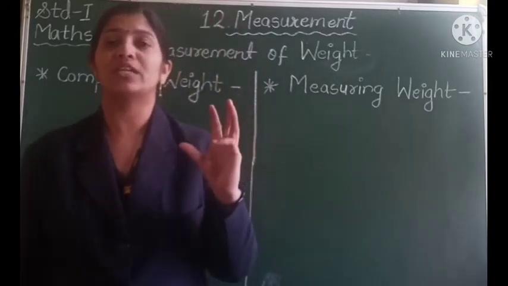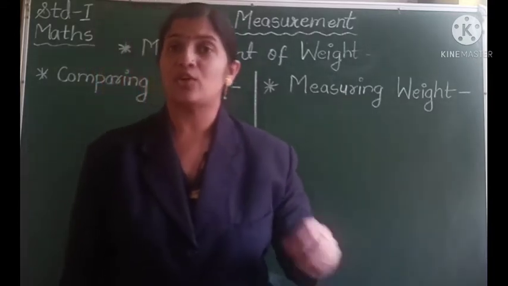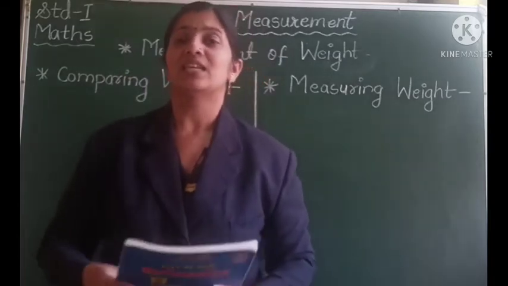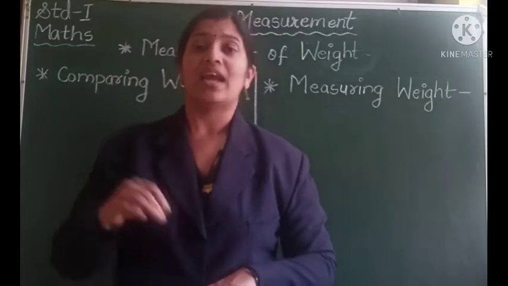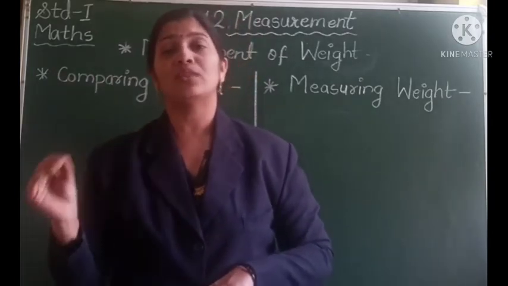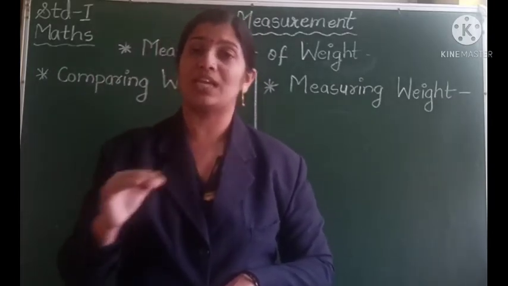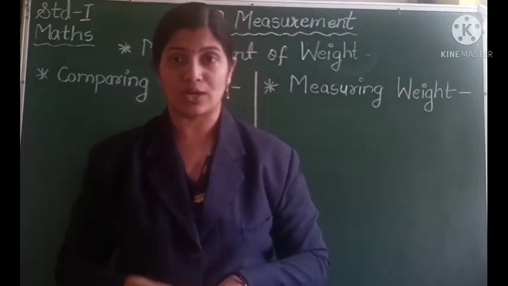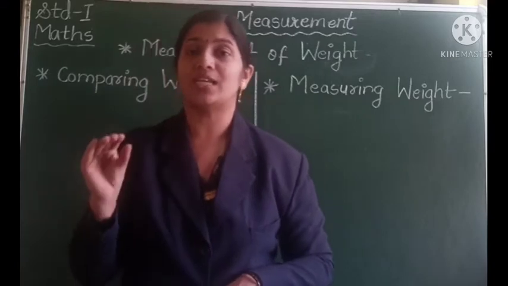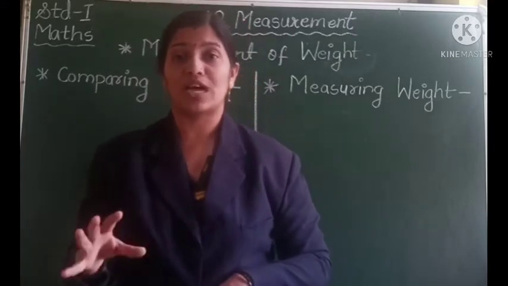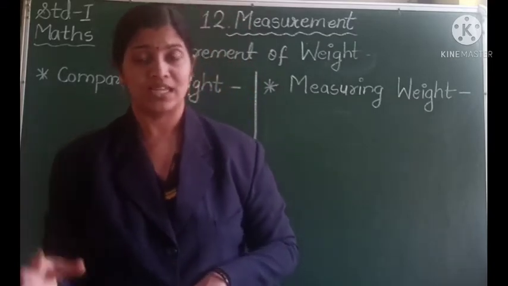They take a 1 kg weight on one side of their beam balance, and they start putting the potatoes on the other side of the beam balance, and until both sides come to an equal level, they keep on putting potatoes into it. So when both the levels become equal, it means that the potatoes now are weighing 1 kg.